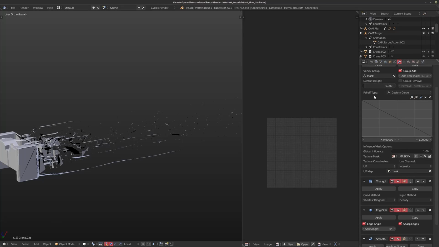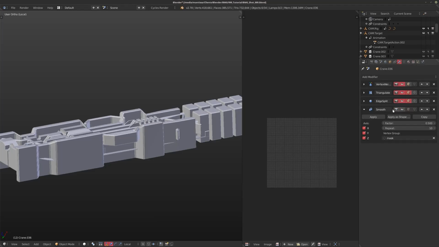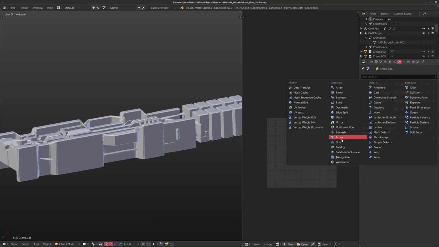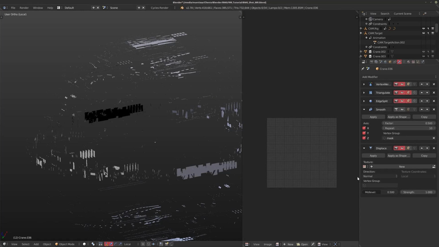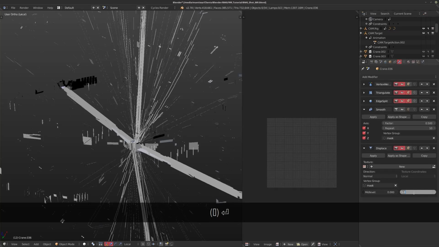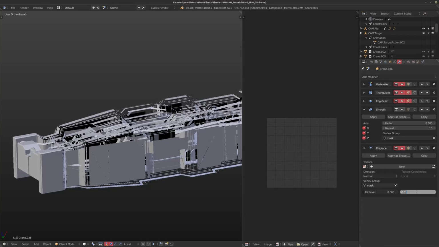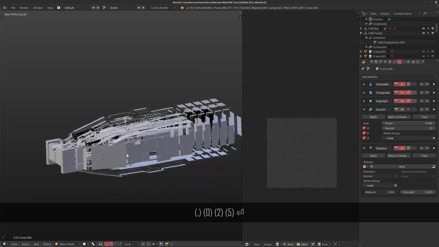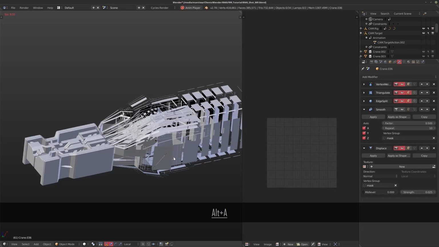But now that we have that vertex group, we could use it with all kinds of other modifiers. So I'm going to turn off that smooth modifier for a second. I'm going to add in a displace modifier. And now if we hit the mask vertex group, I'm going to set the mid-level to 0 so we can just control the strength linearly going from the inside out. You can see the same thing can be done with that displace texture. So we can use this for all kinds of really cool effects.